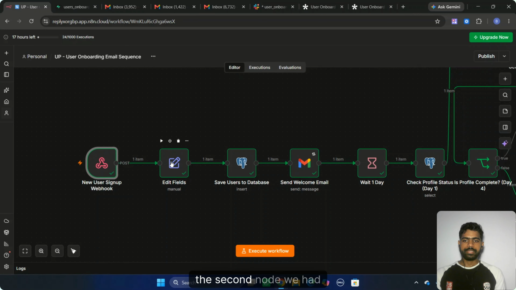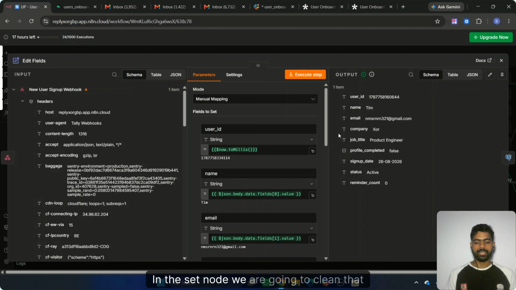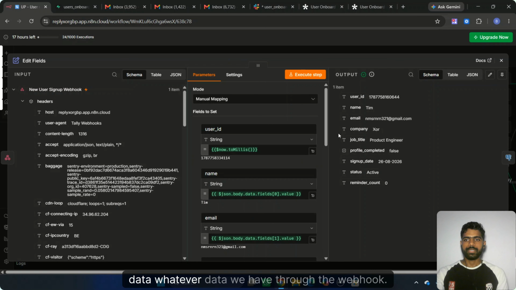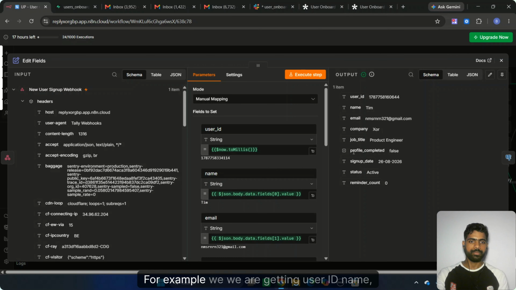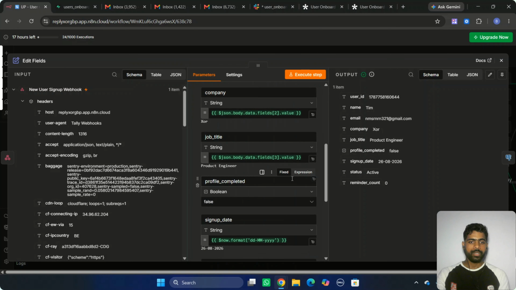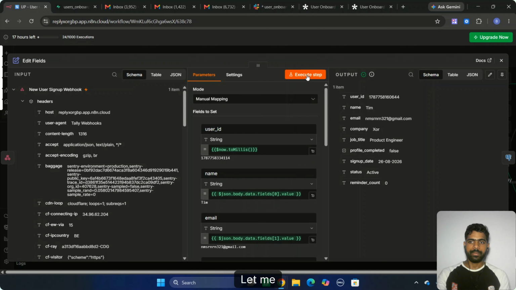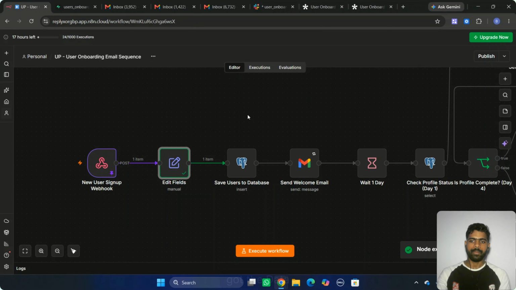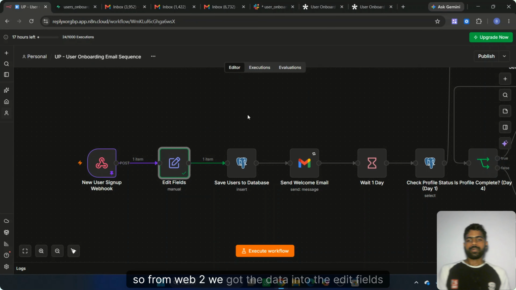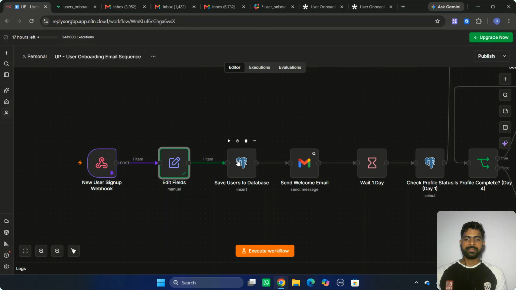Now, the second node we had was the set node. In the set node, we are going to clean whatever data we have through the webhook. For example, we are getting user ID, name, email, company, job title, profile completed, sign up date, status as active, and the reminder count as 0. We are getting all the clean data. Let me execute this once again. And I don't know whether we are going to get the data or not. We got the data. So from the webhook we got the data into the edit fields,